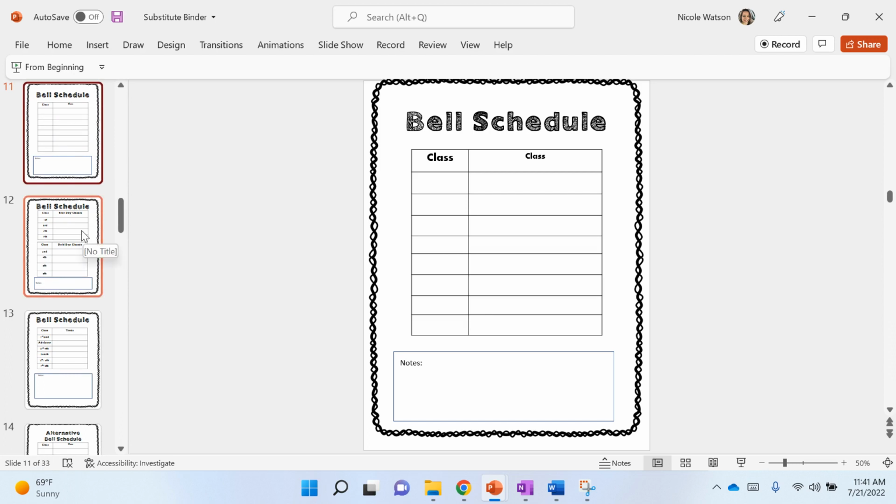The next section here is going to be bell schedules, and I've made several different options for you, and they're easily manipulated. They are masters. I did not lock them, so you can change them in any way that you want. This is a traditional bell schedule with 8 classes. Maybe you have 7 with an advisory. Maybe you only have 6. But you can change the number of